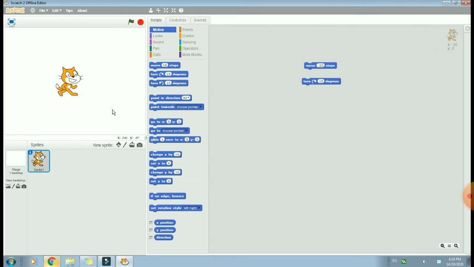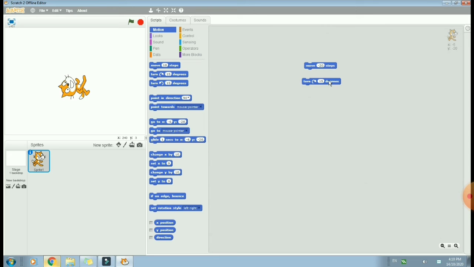The sprite will take a right turn because it is turn right. So let's click. You can see our sprite is turning on the right side. It is taking a right turn of 15 degrees only, just a slight change. We are going to complete the whole circle.